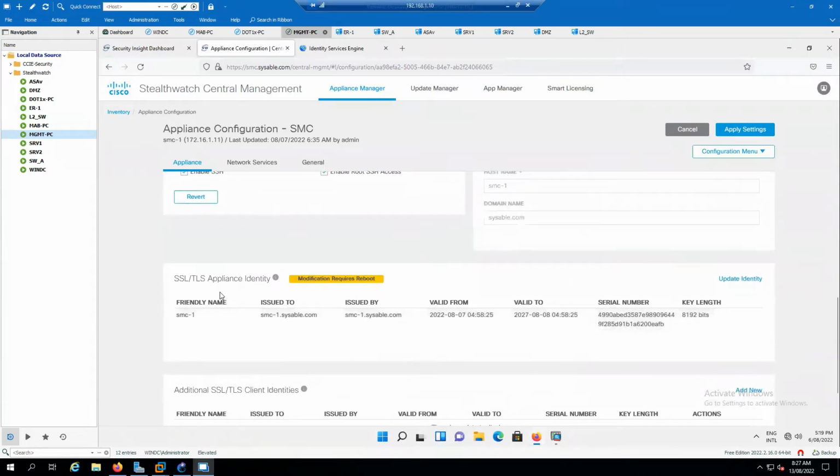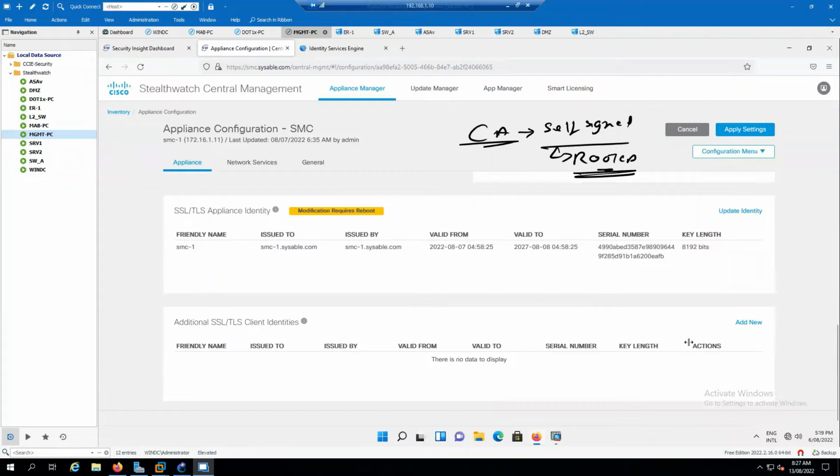Now coming to this one, TLS, you see that I do have a certificate error over here, right? If you want to install the root certificate and remove the certificate error, this is where you will update your identity certificate. So basically, how this works is like this. I do have my certificate authority, and it has its self-signed certificate. This self-signed certificate will be acting as a root CA certificate. So first you have to download this root CA certificate, and after downloading the root CA certificate, what you have to do is that you have to,